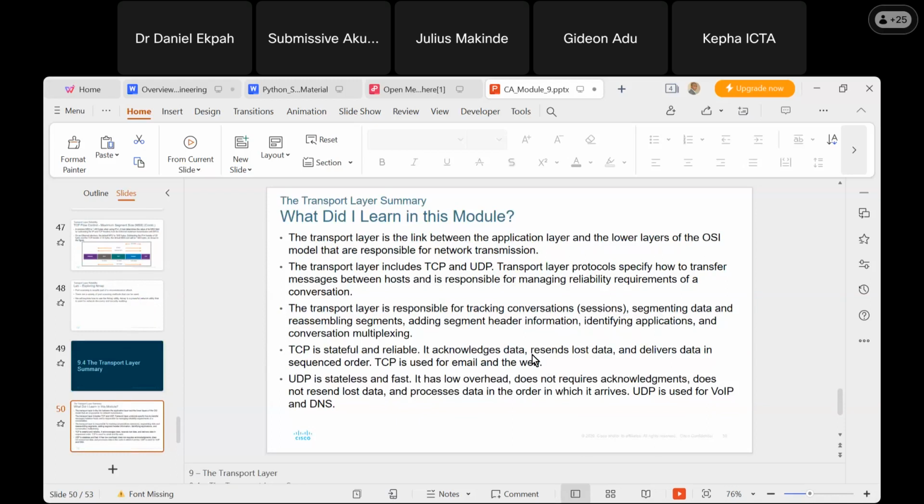TCP is reliable, UDP is not reliable. TCP is connection-oriented, UDP is connectionless. TCP gives you acknowledgement, flow control, and windowing, but UDP does not. The transport layer is responsible for tracking conversations, segmenting data and reassembling segments, adding segment header information, identifying applications, and